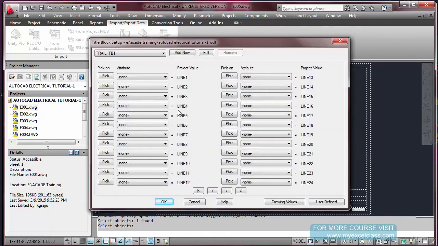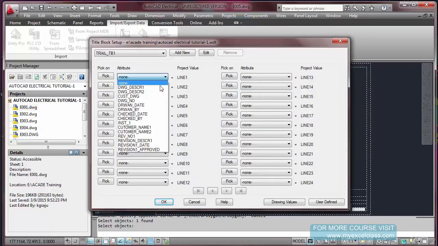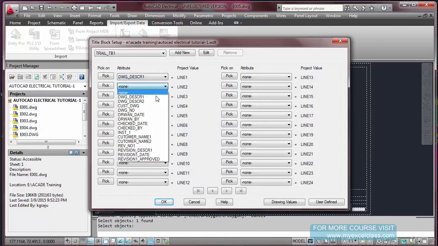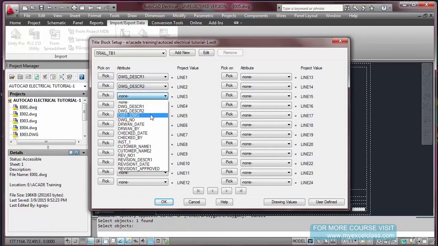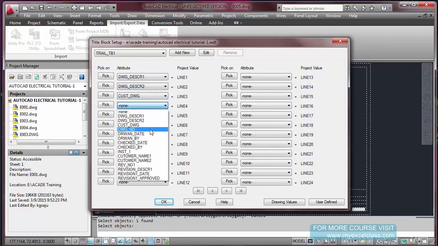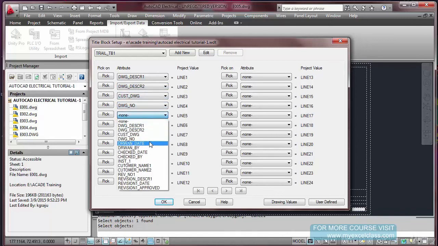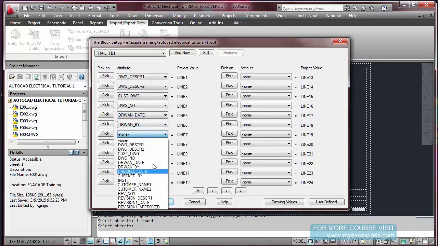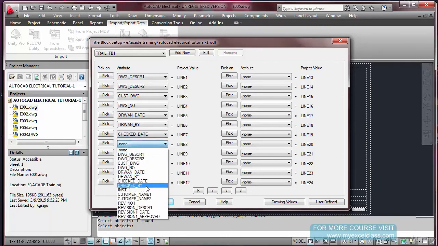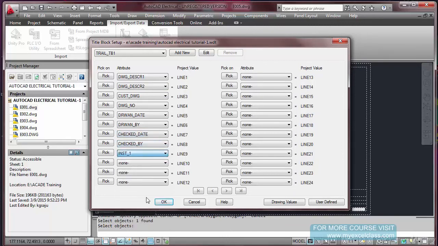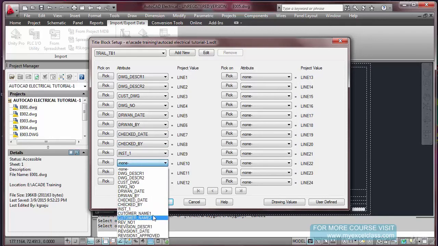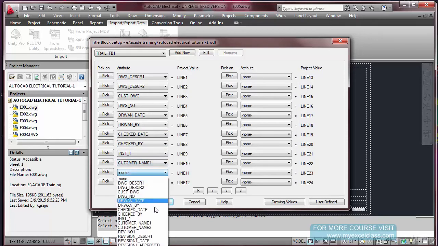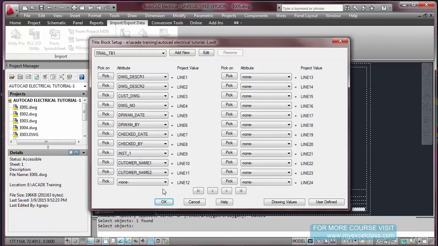Click OK. Come here. Choose one by one. Customer drawing number, then drawing number, drawn date, drawn by, check date, check by, installation, customer name 1. If you do something wrong here, that will reflect in your drawing too.